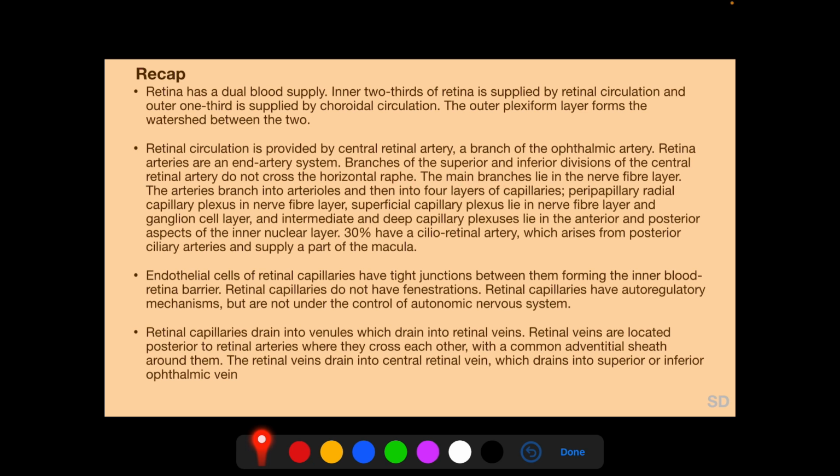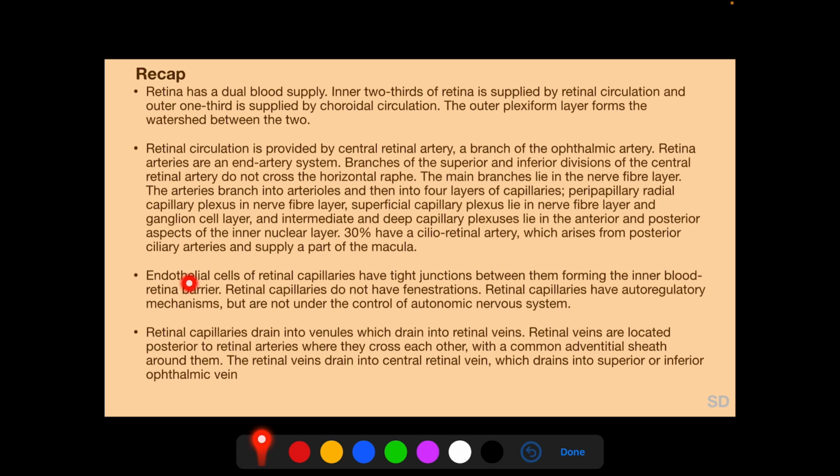The main branches lie in the nerve fiber layer. The arteries branch into arterioles and then into four layers of capillaries: peripapillary radial capillary plexus lying in the nerve fiber layer, superficial capillary plexus lying in the nerve fiber and the ganglion cell layers, and the intermediate and deep capillary plexuses lying respectively in the anterior and the posterior aspects of the inner nuclear layer. 30% of individuals have a cilioretinal artery, which arises from the posterior ciliary arteries and supply a part of the